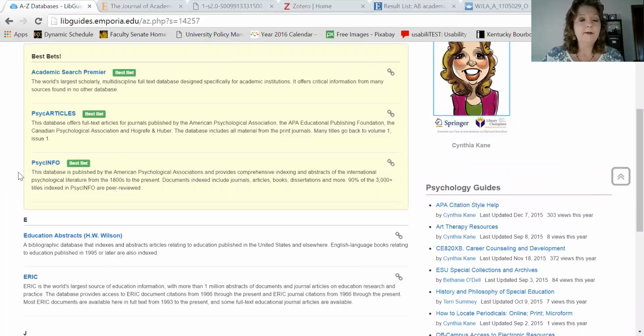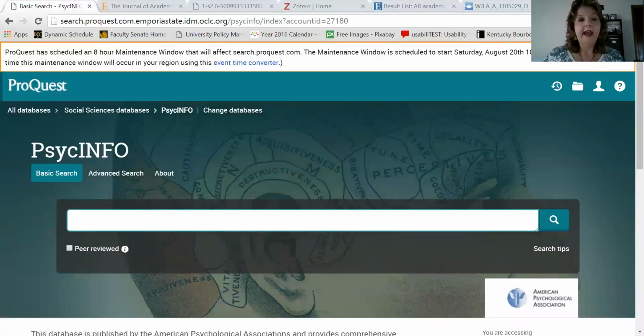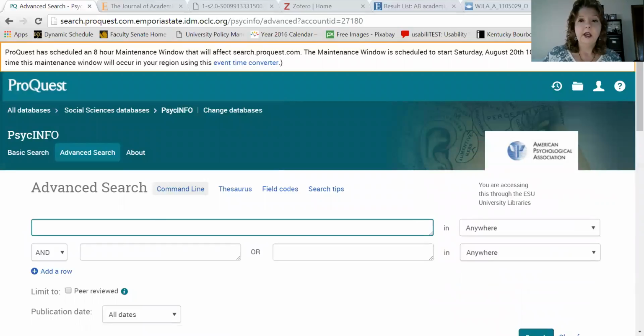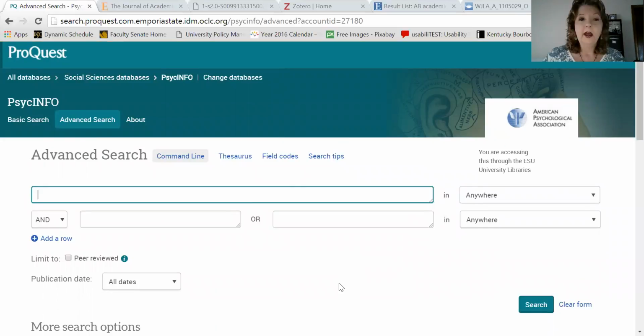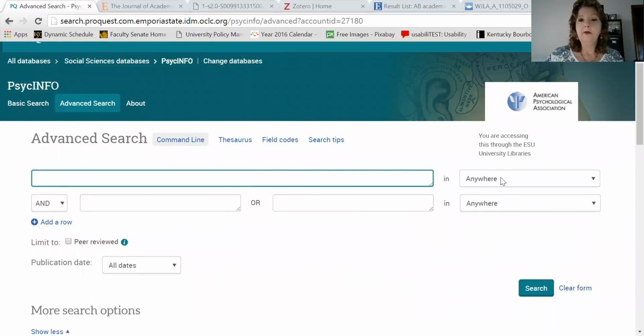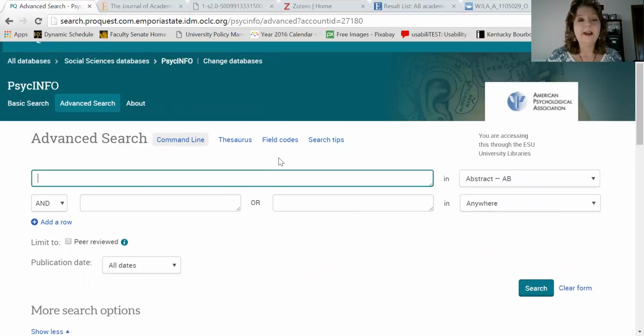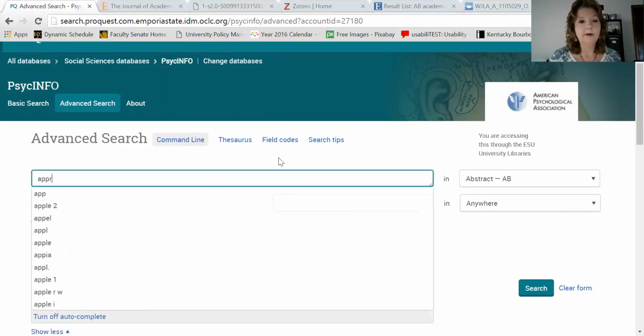In that particular instance, I might want to go to a database called PsycInfo. And you'll notice, again, I'm going to go to an advanced search. You'll notice that I didn't have to log back in with my username and password, because again, I've not exited my browser. I'm basically in the same browser session. The PsycInfo database would be a good example of how I could overlap maybe some interest levels. So if I typed in approachability,